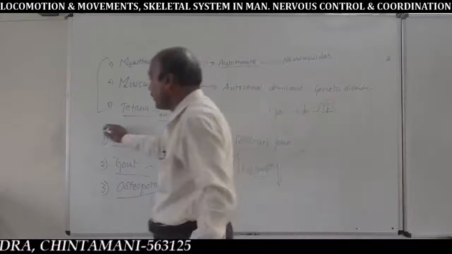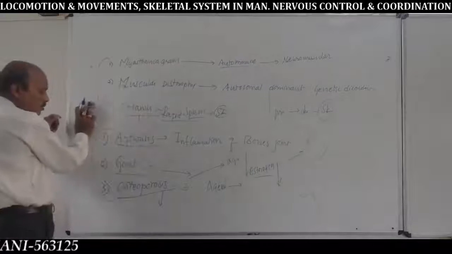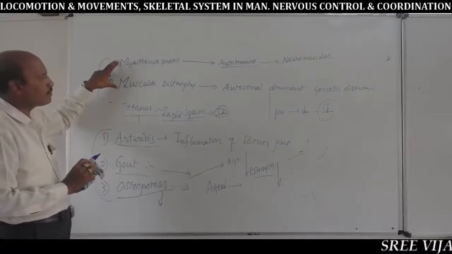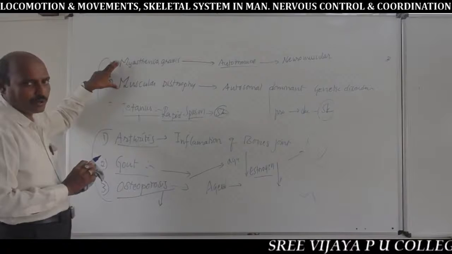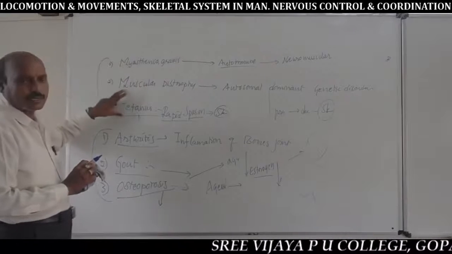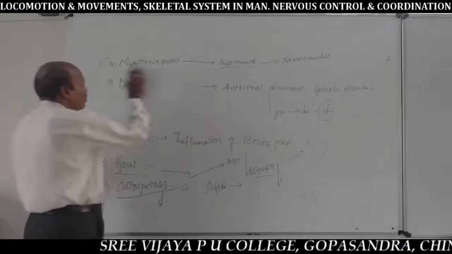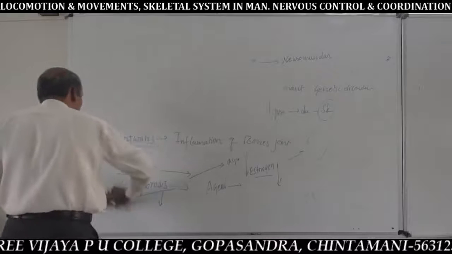These are the three different types of bone disorders, arthritis, gout, and osteoporosis, and three different types of muscle disorders, myasthenia gravis, muscular dystrophy, and tetanus disorder. Here is our simple lesson: locomotion and movements. Then next to locomotion and movement,